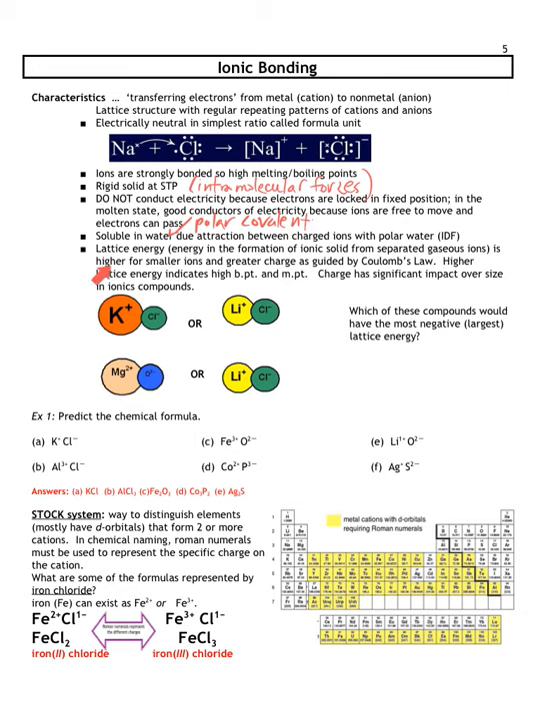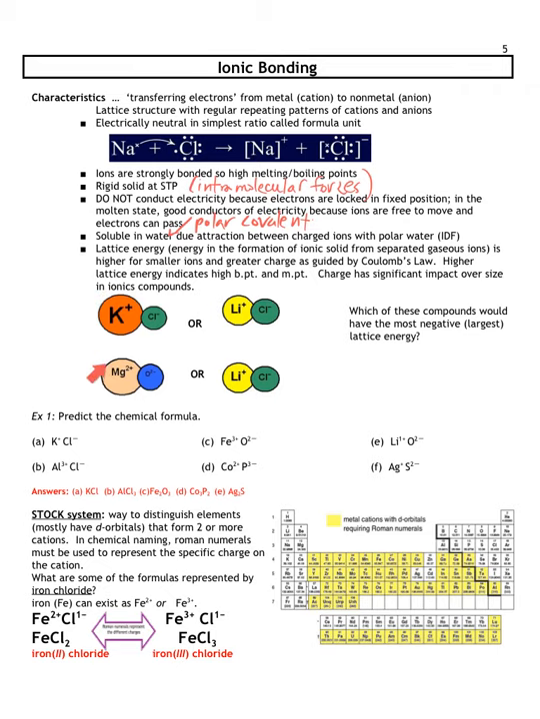Ionic compounds' lattice energy, which is the energy in the formation of an ionic solid from gaseous ions, that's the definition of lattice energy, is usually higher for smaller ions and greater charge, as guided by Coulomb's law. In other words, the lattice energy will be high if you have a smaller ion with a higher charge. Higher lattice energy indicates higher boiling point and melting point. And the charge has a significant impact over the size of the ionic compound. So charge